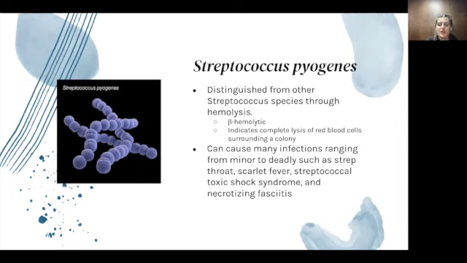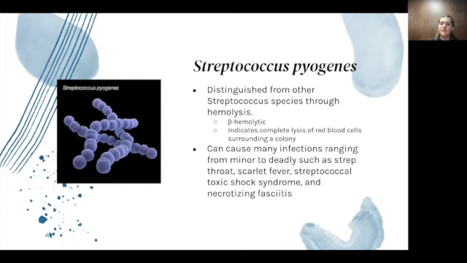So these are distinguished from other Streptococcus species through what type of hemolysis they participate in. So Streptococcus pyogenes uses beta hemolysis, it's beta hemolytic. And this means that it completes lysis of red blood cells surrounding a colony. So this bacteria can cause many infections ranging from minor to deadly. So the minor ones are like strep throat, scarlet fever, and then the deadly ones are streptococcal toxic shock syndrome